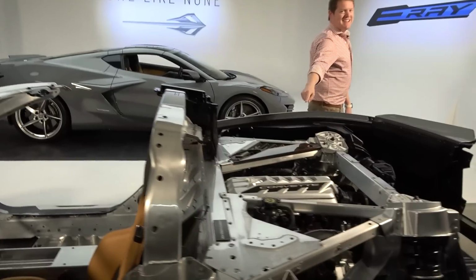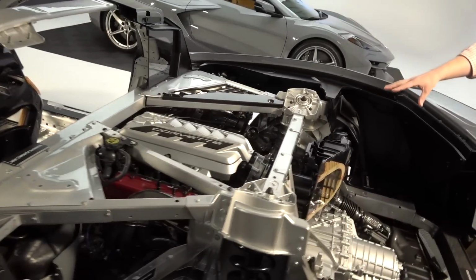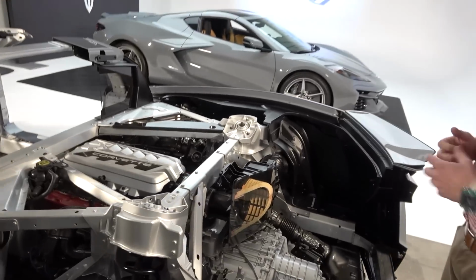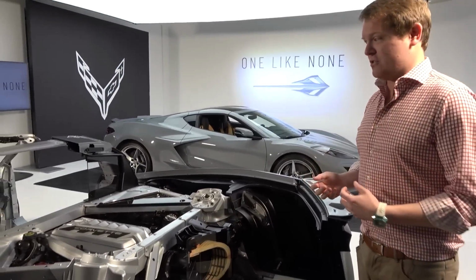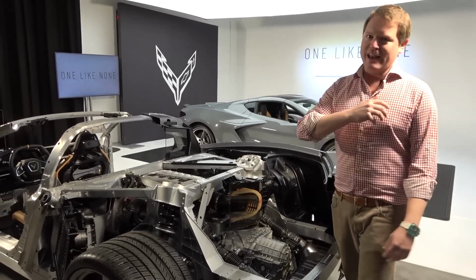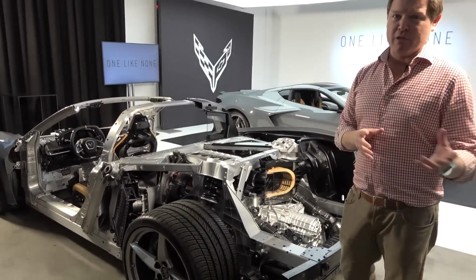Back here though, the V8. It's still a Corvette with a combustion engine. We know electrification in full is coming. For now, it's about performance as well as about setting this new direction to give both performance and the efficiency side of things as well, to have this electric ability to drive up to 45 miles per hour